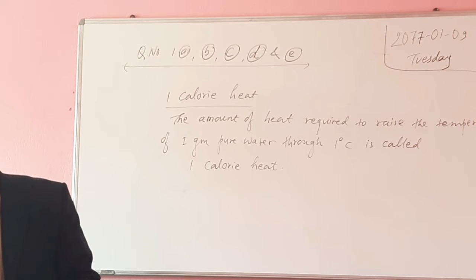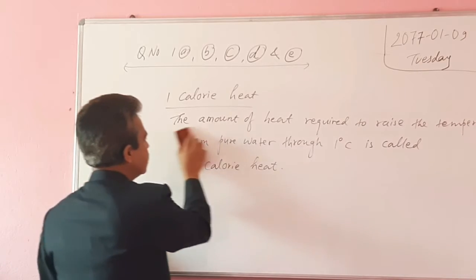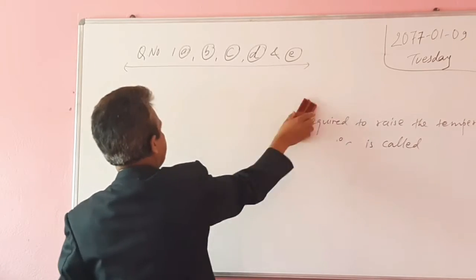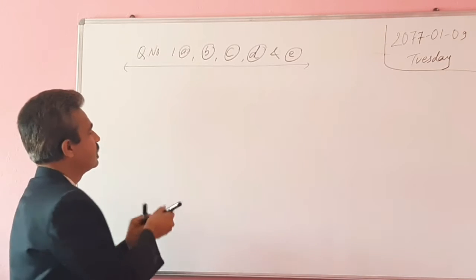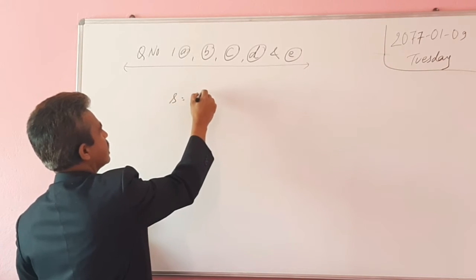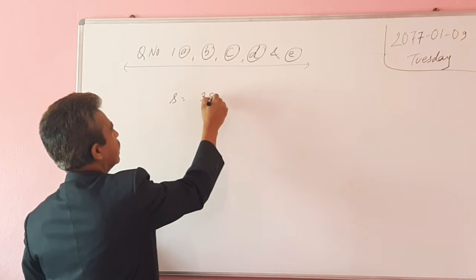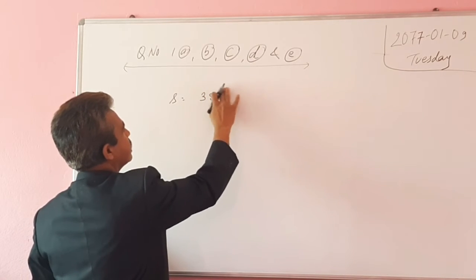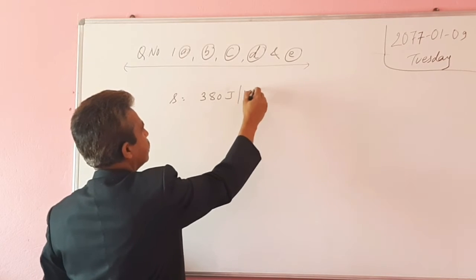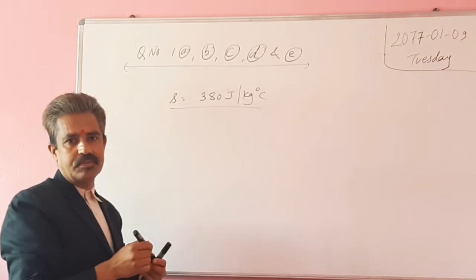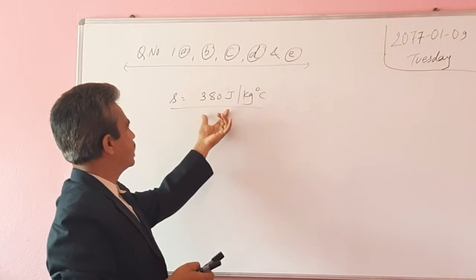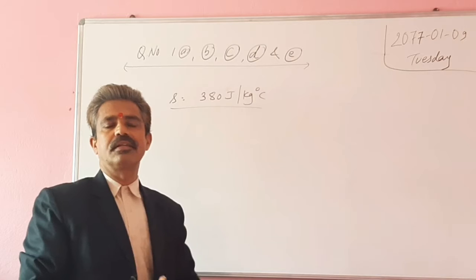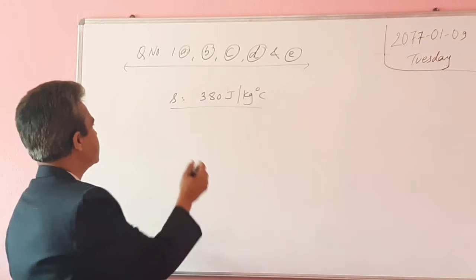Remember. Next question is define specific heat capacity. Or sometimes it can be asked, the specific heat capacity of a substance is 380 joule per kg per degree centigrade. Sometimes a question can be asked like that. Specific heat capacity of a substance is 380 joule per kg per degree centigrade. What does it mean? It means